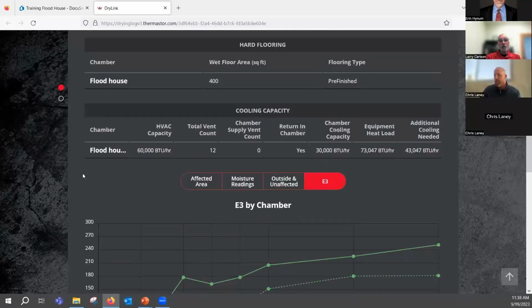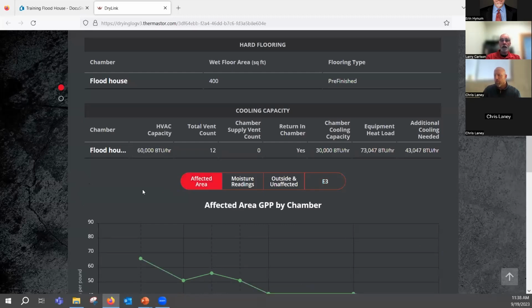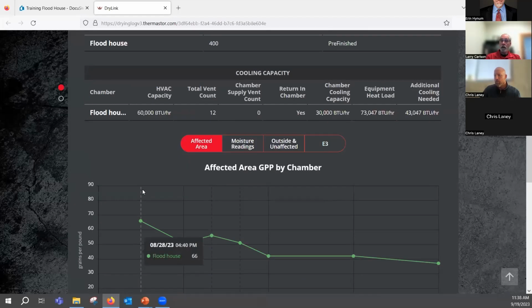We have how much hardwood floor and what type it was. You have the cooling capacity. Maintaining temperature control in your drying chamber is essential to get the results that you want to get. Here you have it. You have how much additional cooling you may need, or if it was during a time when it was under